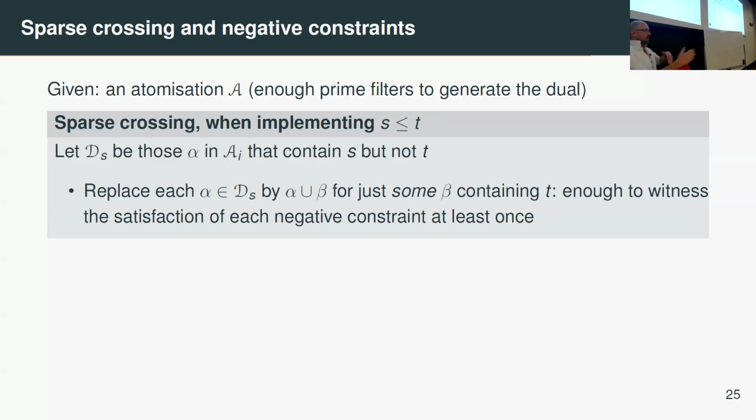So in our pruning process, in our update process for the generators, we can get rid of a lot more than we thought we were doing, because otherwise it looks like we're expanding the number of generators each time. We only really need to keep one for each negative constraint. So we can go through and check that one of them validates that a negative constraint holds, that sad face was not above happy, and we just need to keep that prime filter.